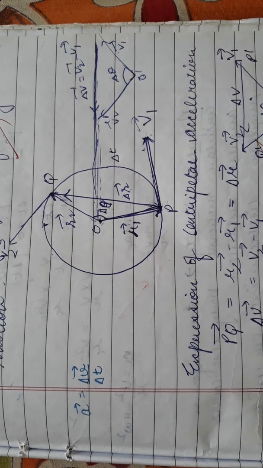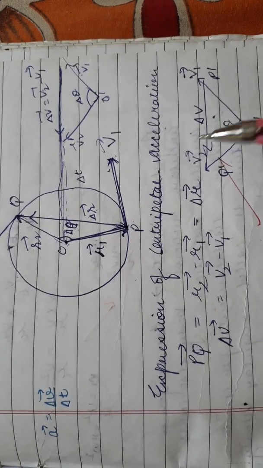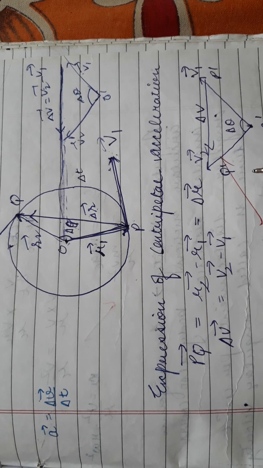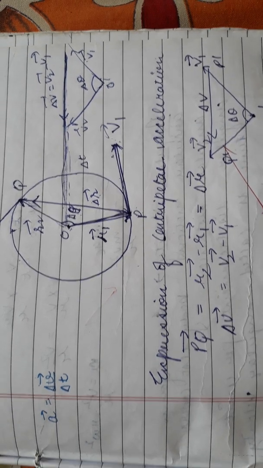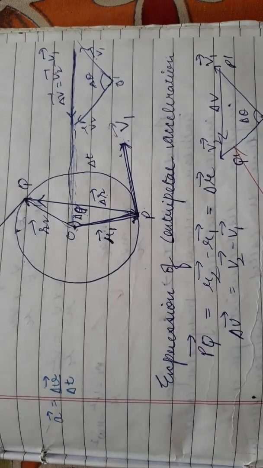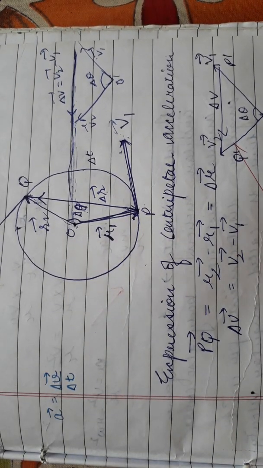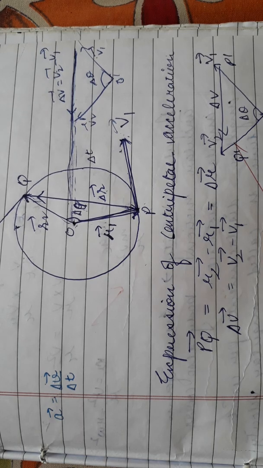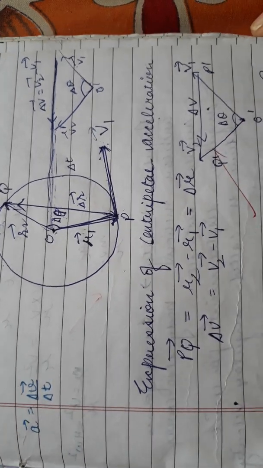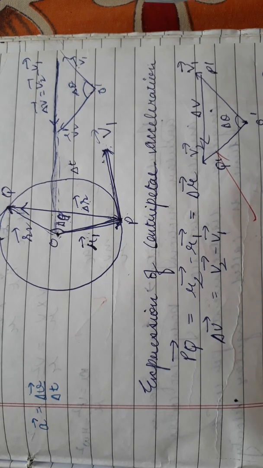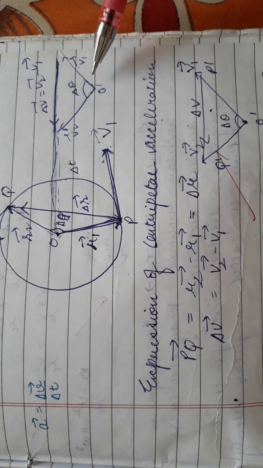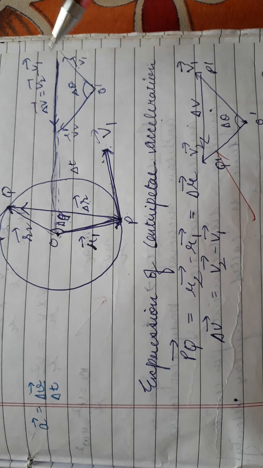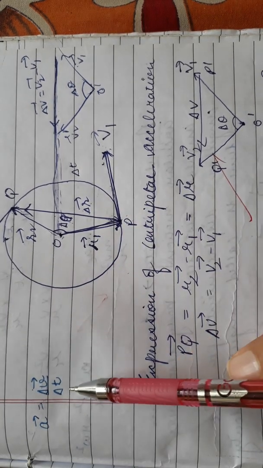So students, we have to find the expression for centripetal acceleration. We want to see, in this uniform circular motion, in which direction the acceleration is, and what is the value of this acceleration. Acceleration is delta v by delta t. Can you define the acceleration? In class 9th or in the previous chapter, we defined acceleration as equal to delta v by delta t, change in velocity upon time interval.